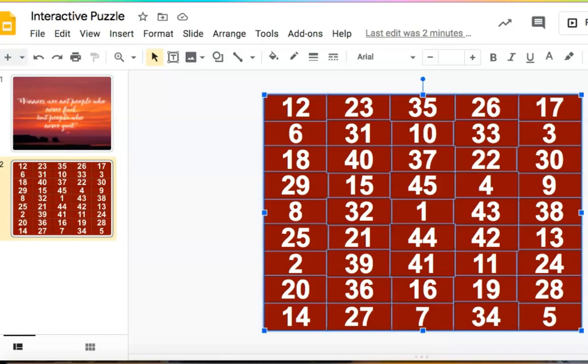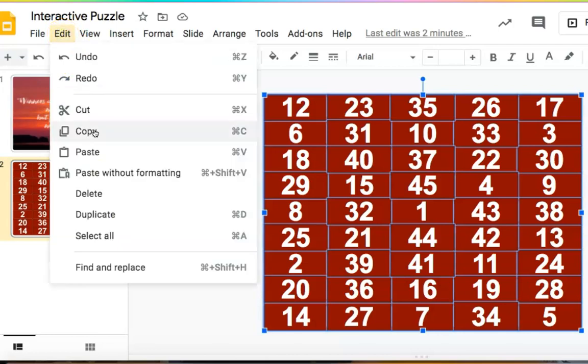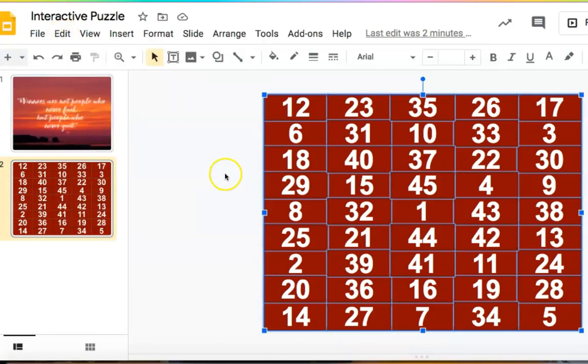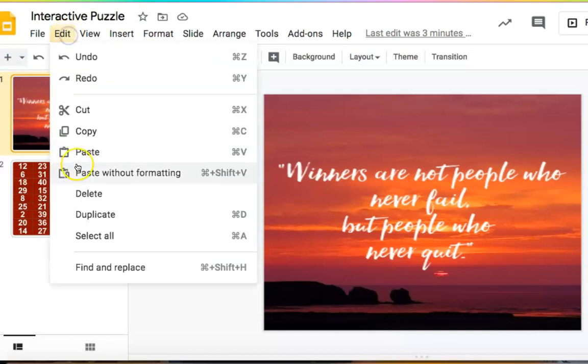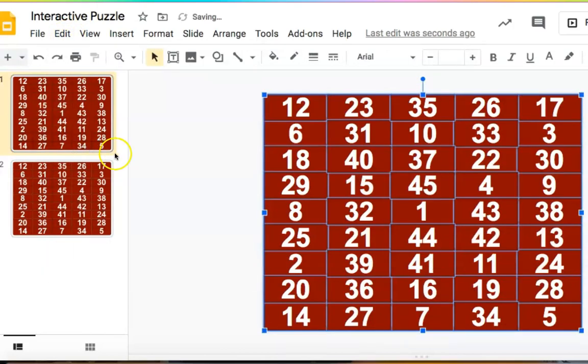Once you see this, you are just going to copy this. We're not going to cut it. We're not going to do anything crazy. We're simply going to copy it. The easiest way to do that, especially when you have multiple things like this selected, is to use your edit menu and click copy. That leaves it there, but then it also enables you to go back to your first slide where your picture is, and we're now going to edit and paste,